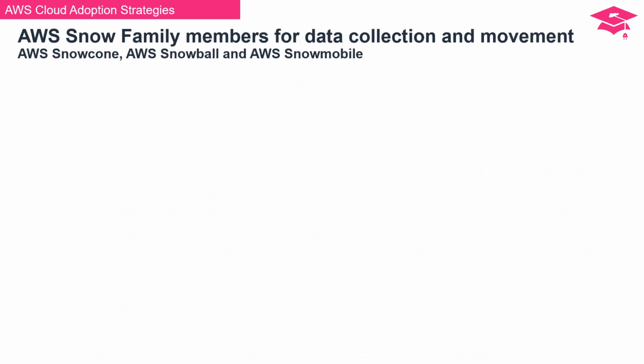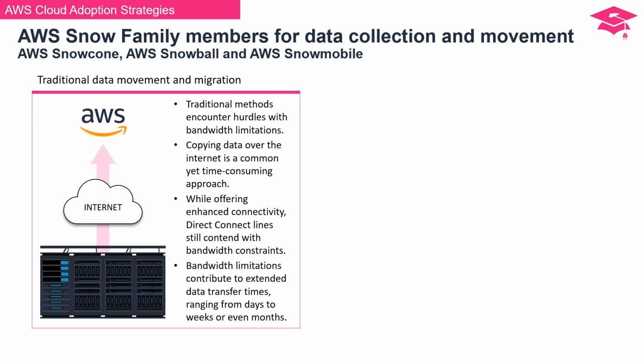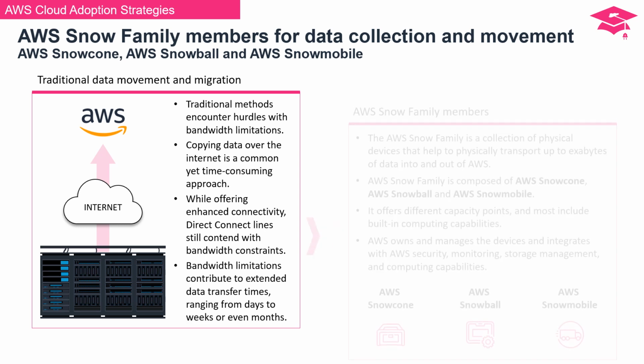Now that you've settled on your cloud migration strategies, the next step is to efficiently move your data from on-premise to AWS Cloud. When it comes to traditional data movement and migration, there are common challenges associated with bandwidth limitations. The conventional methods, such as copying data over the internet or utilizing direct connect lines, often face time-consuming processes due to these limitations. Bandwidth constraints can lead to prolonged data transfer times, spanning from days to weeks or even months. To overcome these challenges,